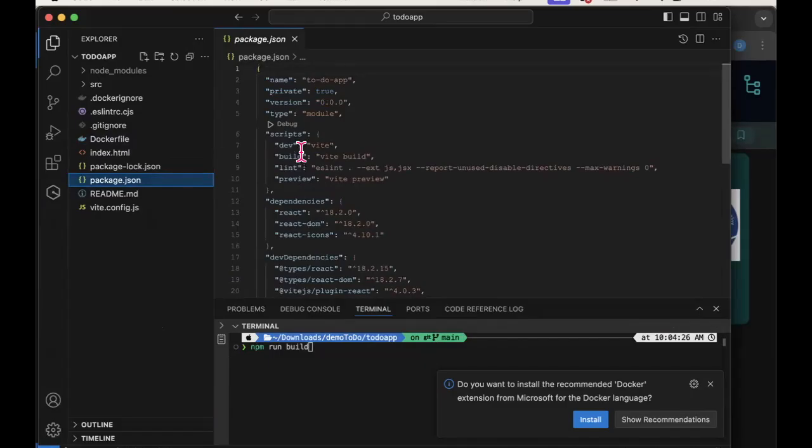Where is it? Scripts. There's build there. So it's just using the Vite tool to create a static version, as I say, of your React app. I'm not going to go into explaining how that works behind the scenes, but you can ask your web app dev lecturers about that. So if I hit return to my npm run build here,